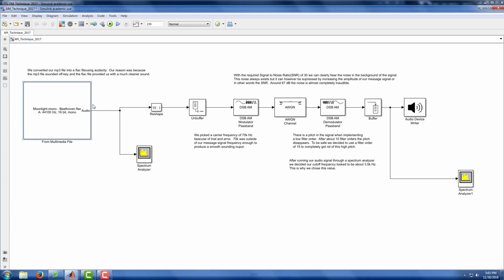And basically, what we're doing is we're sending this down into reshape, because when we tried to actually do this originally, it was giving us a bunch of errors, like saying the size isn't right. So that's why we have the reshape here and the buffer right here, or unbuffer, I apologize. So what this is doing is it's just taking the signal